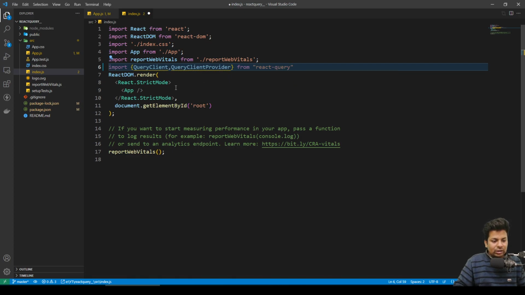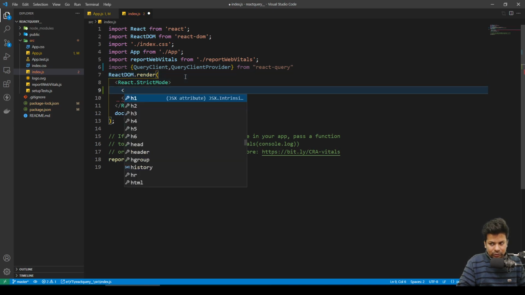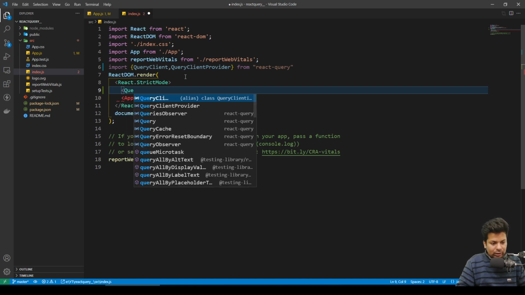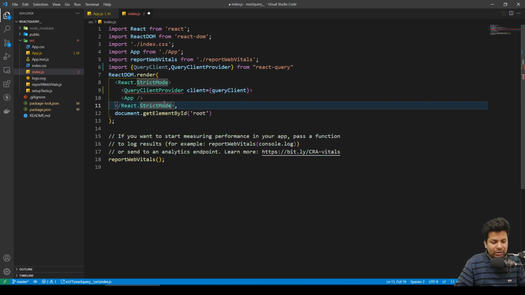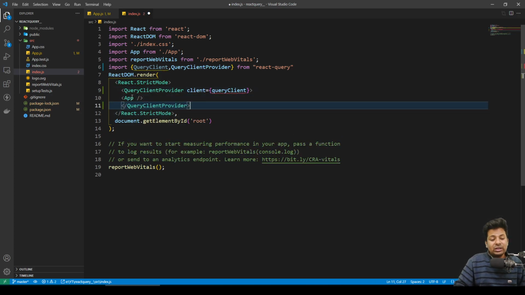Okay guys, now here we'll say QueryClientProvider client equals to QueryClient. I haven't initialized this, I'll initialize that, and now we'll just cut. So I have wrapped the App component, so every component linked with the App component can use that.